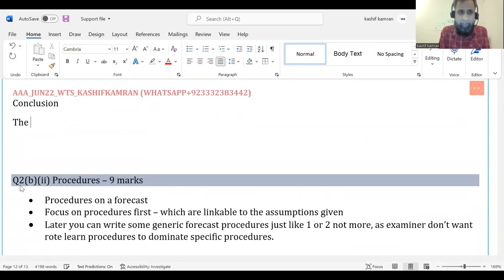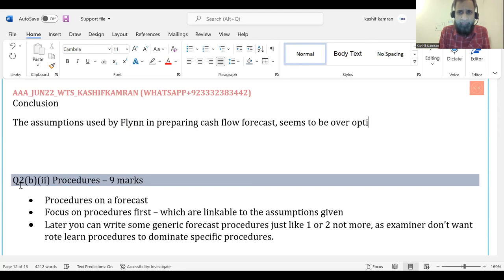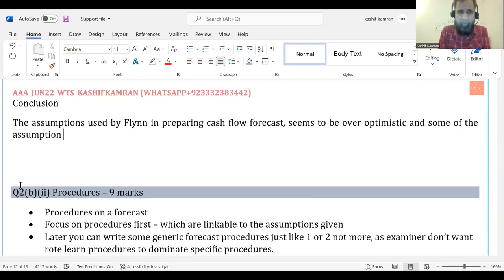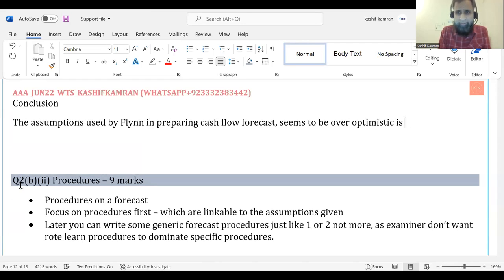Conclusion: the assumptions used by Flynn Company in preparing the cash flow forecast seem to be over optimistic in some cases,